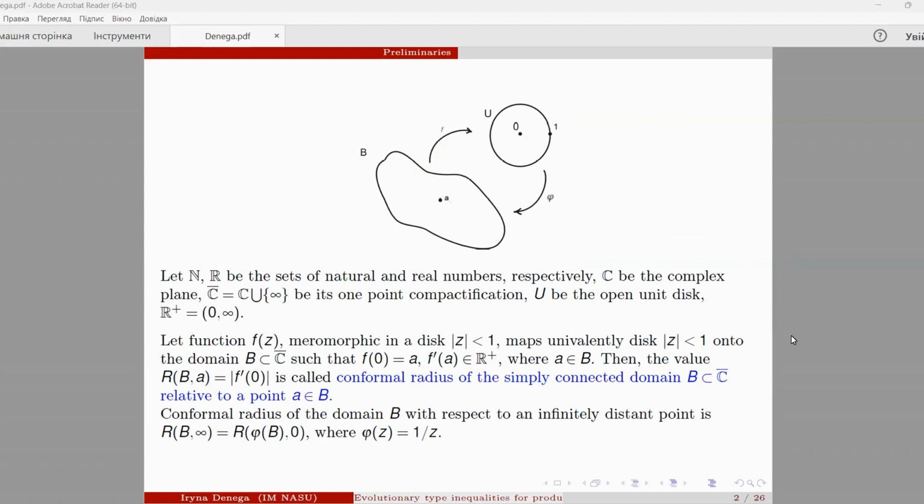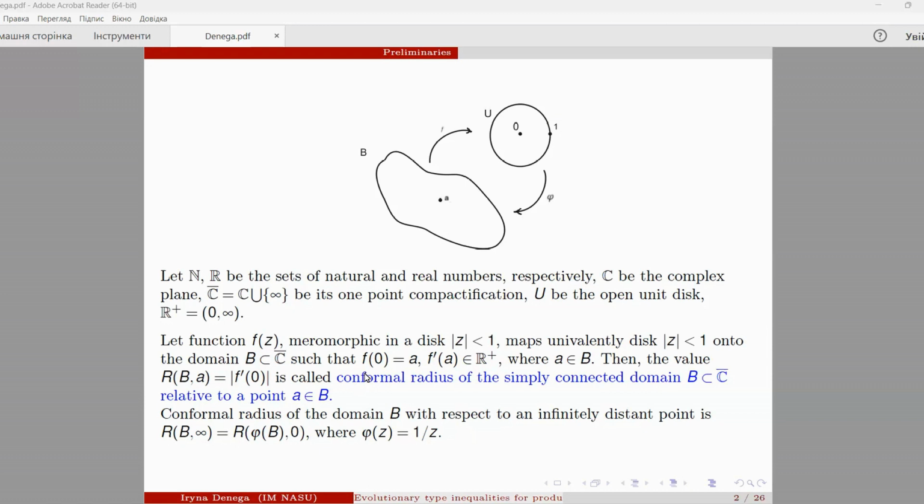Let N and R be the sets of natural and real numbers, respectively. C be the complex plane, C bar be its one-point compactification, U be the open unit disk, and R plus be the interval from 0 to infinity. Let the function f of z, meromorphic in the unit disk, map the disk univalently onto the domain B